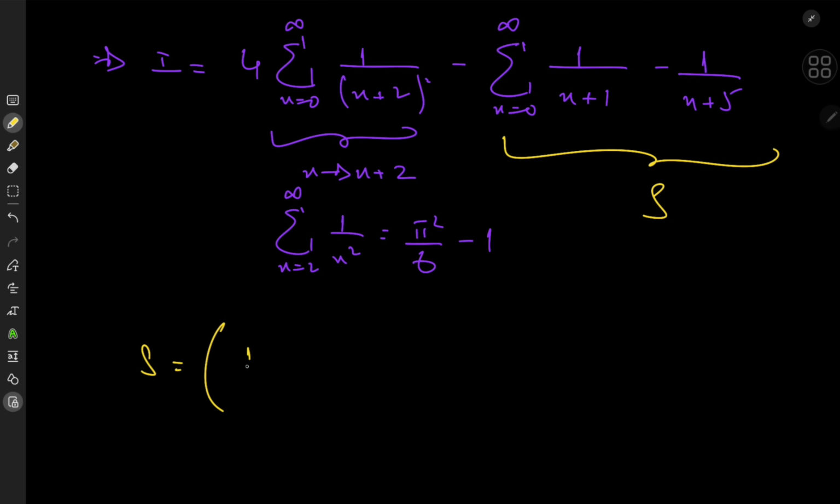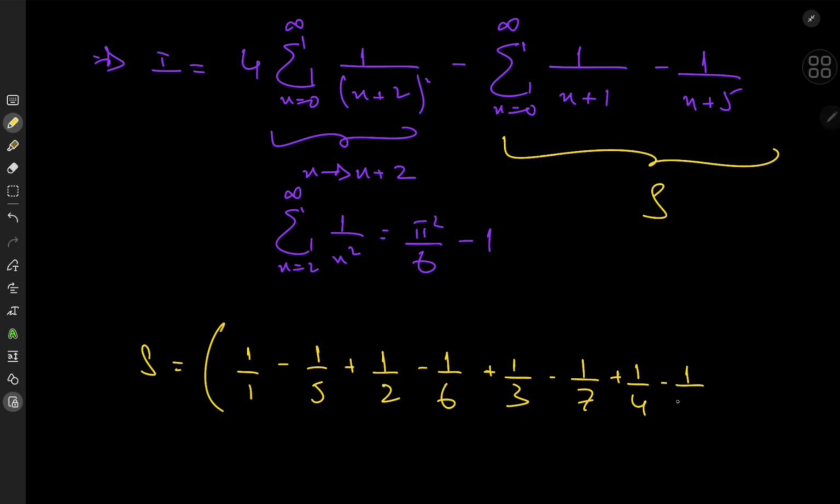So we're starting off with 0, so 1 over 1 minus 1 over 5 plus 1 over 2 minus 1 over 6. You guessed exactly what the answer is going to be, but I'm still going to evaluate it. 1 over 3, 1 over 7, and 1 quarter minus 1 over... Oh, terribly sorry, I forgot math, which is not the first time. 1 over 5, right? No, it is 5. I am doing this correctly. I did not forget math. False alarm, folks. 1 over 5 minus 1 over 9, and I think that should be enough because you get